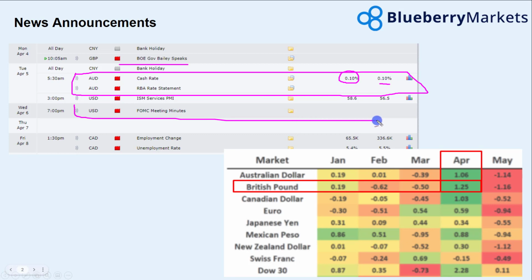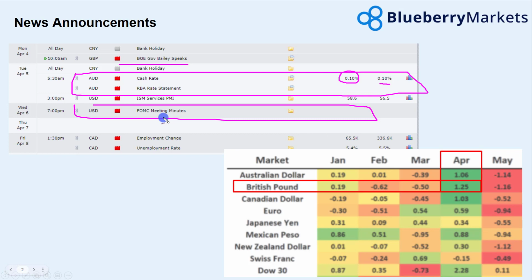Other than that, we've got the US dollar FOMC meeting minutes. This is also going to be very important due to the fact that we could see in the meeting minutes that the Fed had discussed hiking interest rates further, or they may have discussed if recent labour market increases have been something to be aware of, because we recently saw the NFP numbers increase quite significantly, good average hourly earnings, good unemployment rates. So that could be a step in the right direction for the Fed to start increasing rates